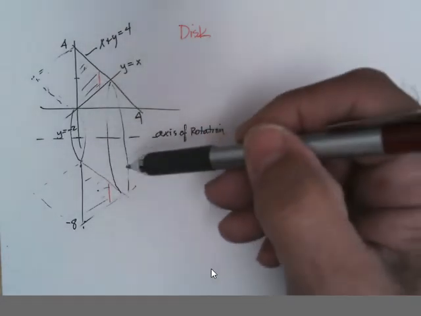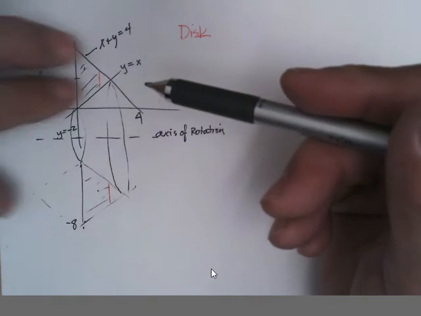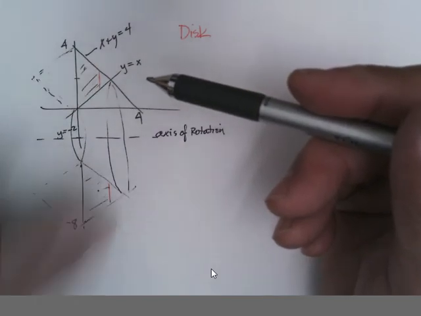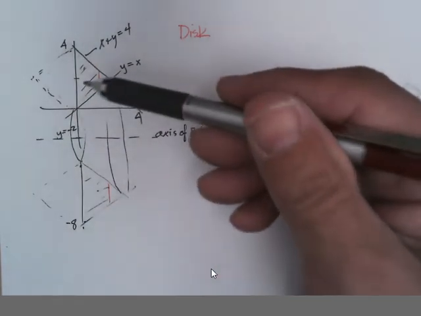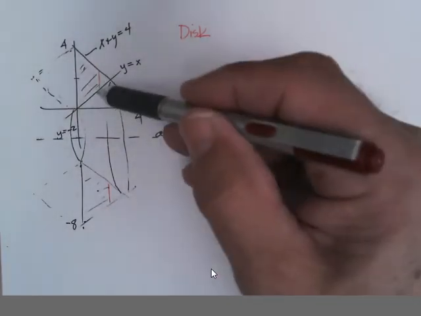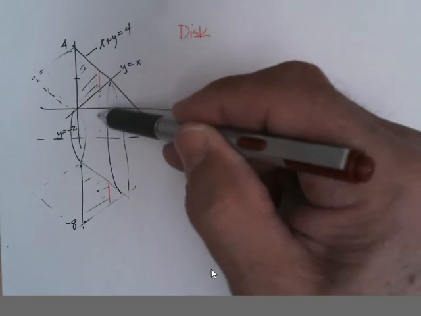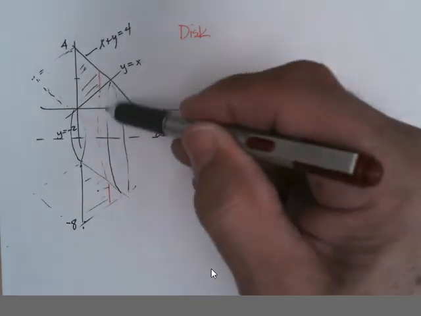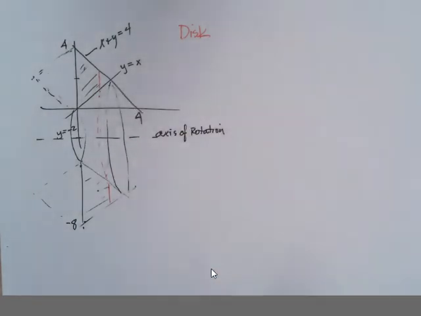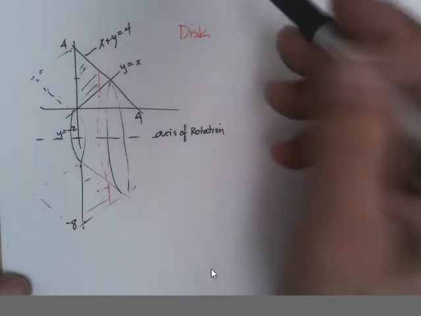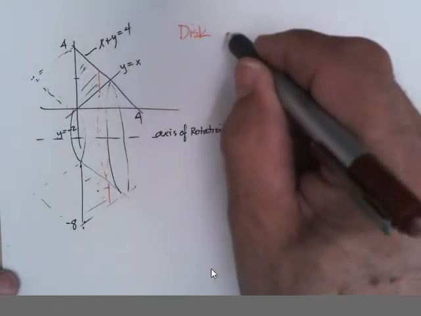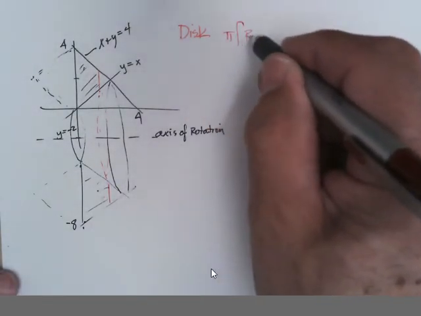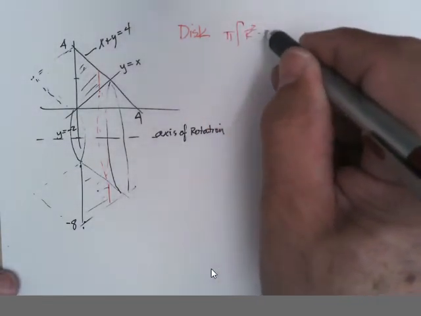Hopefully you can see that. It would come out here, come around, and go back in there, and go around behind and come out. I could try to sketch this in here, but then it gets a little bit crowded, so I'm not going to do much of that. But again, the formula is going to be the pi integral of the large radius squared minus the small radius